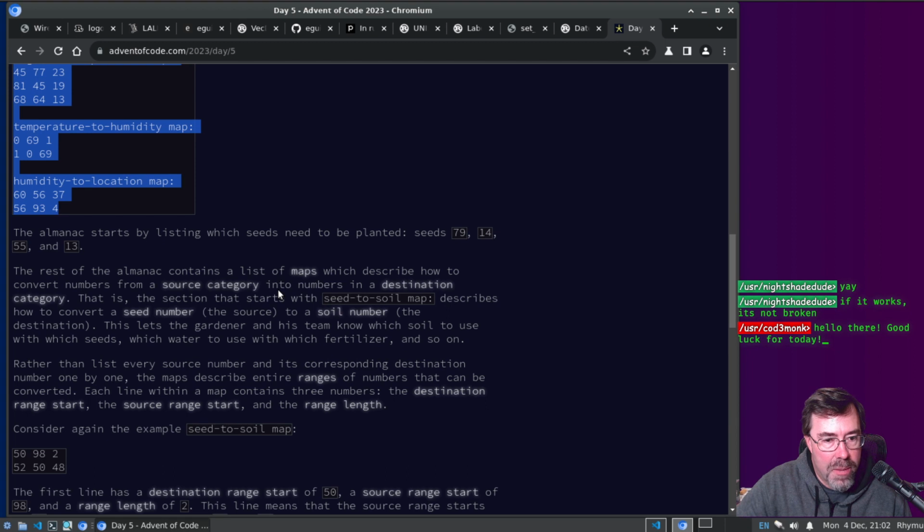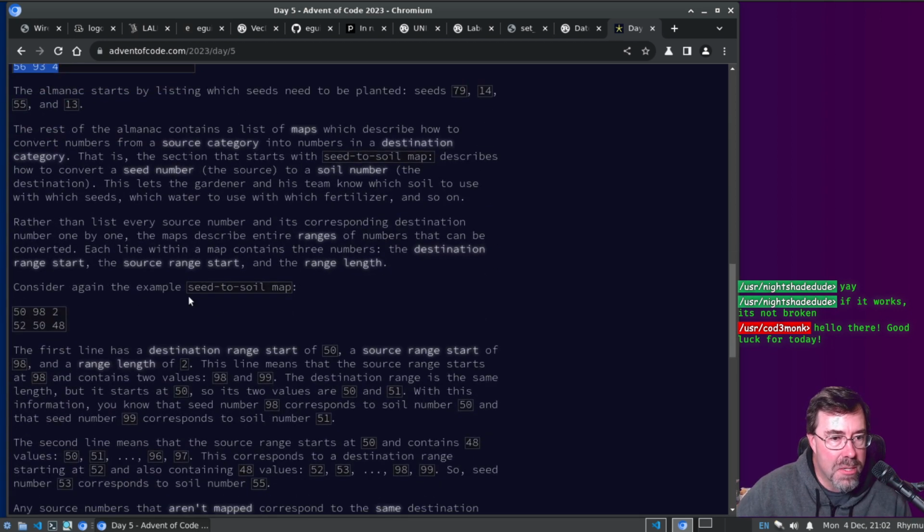Each line within a map contains 3 numbers: the destination range start, the source range start, and the range length. So considering the seed to soil map, destination, source, and length, that's 50, that's 98, 99, and 100, right? So 98 goes to 50, 99 goes to 51, 99 goes to 52, right?